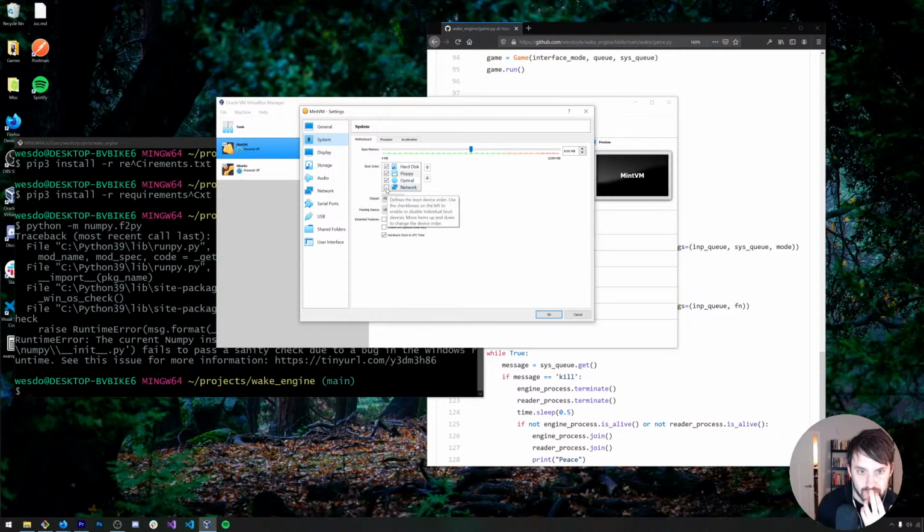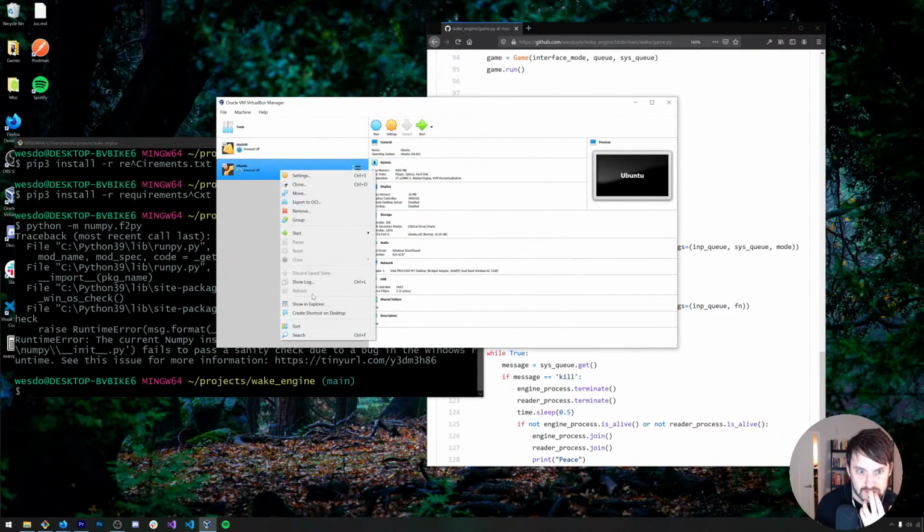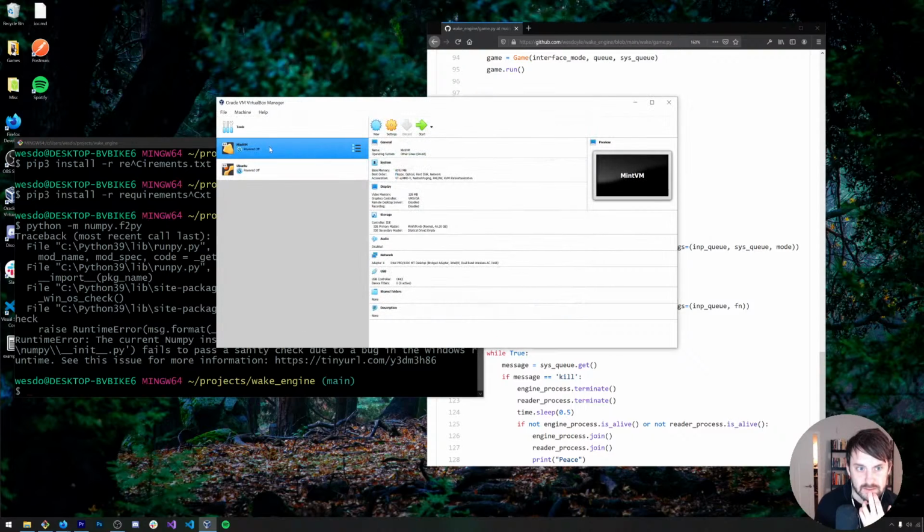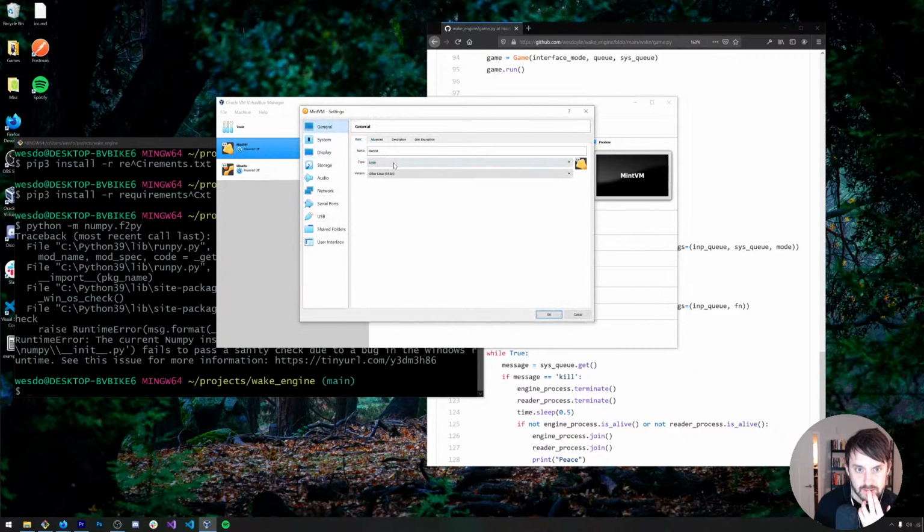What could be the problem? What's the boot order on my Ubuntu instance? Floppy, optical, hard disk. Settings, system, floppy, optical, hard disk.